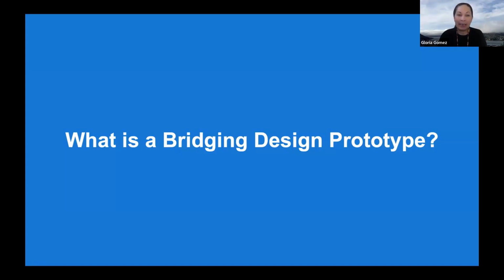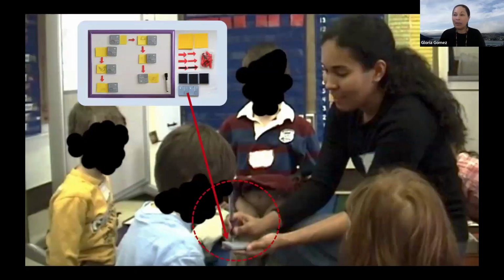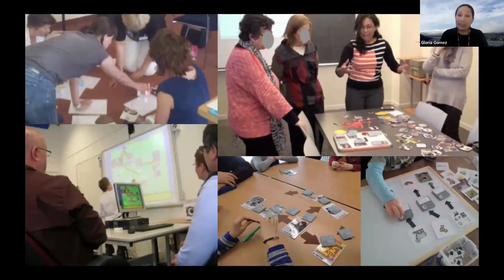So now let's get cracking with the definition of this approach. Human-centered design, or HCD, is a creative approach to problem solving that can facilitate the construction of culturally sensitive, accessible, and flexible learning, and has been recommended to support digital access and equity. The bridging design prototype approach is a human-centered design method that enables design researchers and practitioners to actively engage educators in the development of novel inclusive resources.